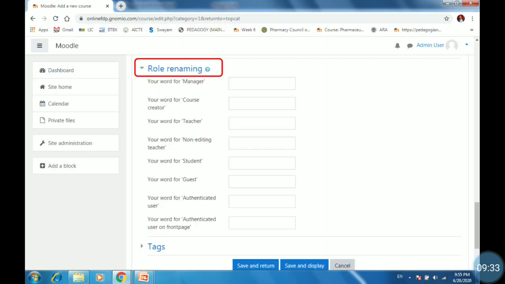Then role renaming, you can rename. By default the roles are manager, course creator, teacher, non-editing teacher, student and guest. You can rename teacher as resource person, course creator as organizer, manager as chief coordinator, likewise. But let it be, it can be blank.